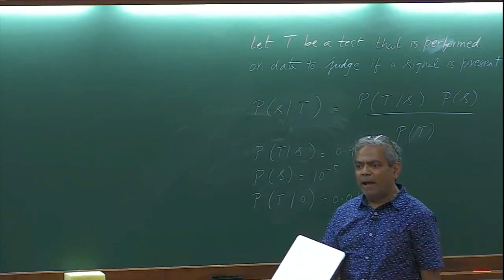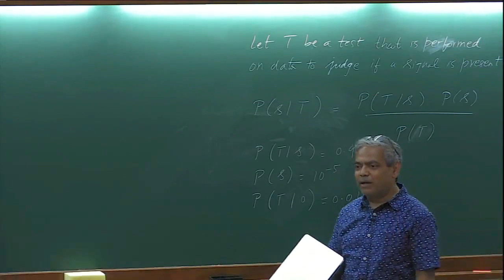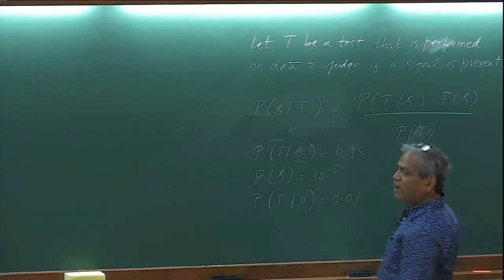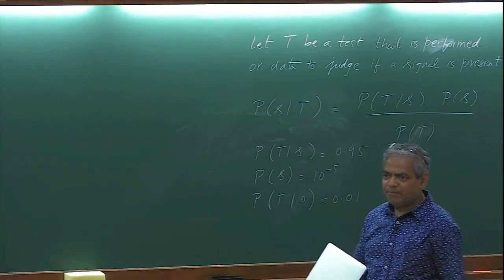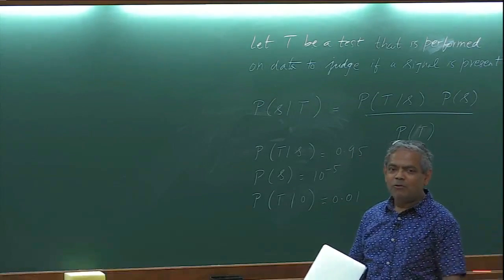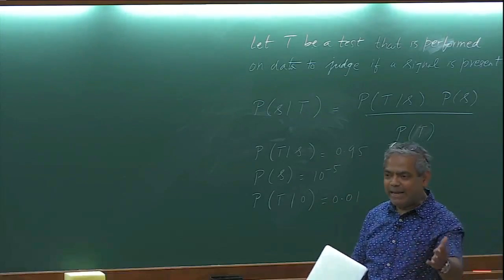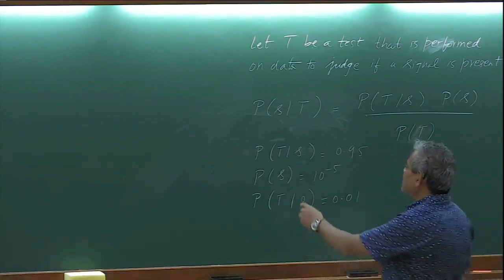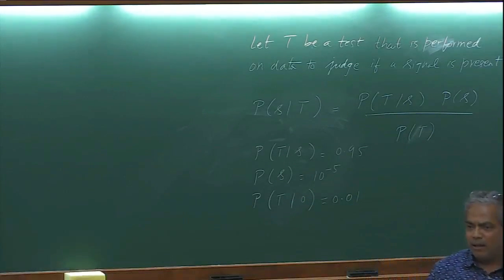If you are going to do matched filtering and apply a chi-square test, that might be 0.95. If you don't apply the chi-square test, it may be only 0.8. Or if you don't do matched filtering at all, you just look at some threshold crossing, it may be 0.5 or 0.3. So that really depends on the test or the data analysis method that is applied. That's the efficiency of the test.